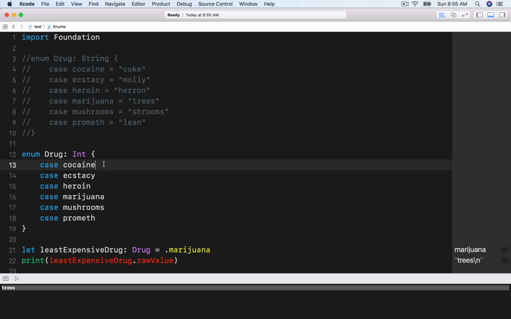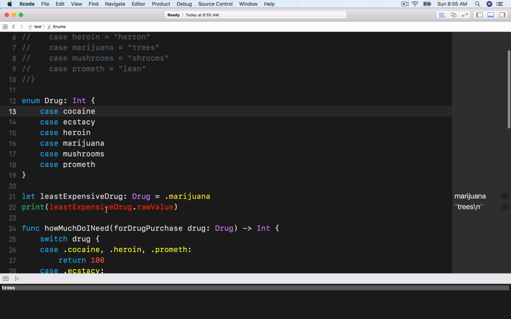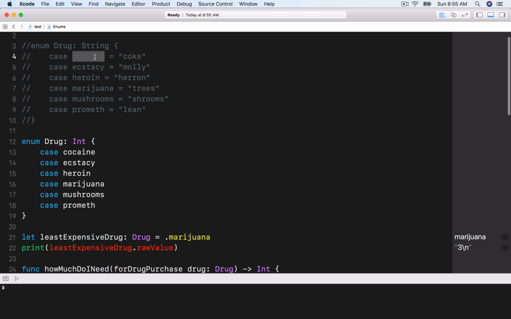Let's just make it an Int. And if we print out the least expensive drug's raw value, it's going to give us 3, because just like it gave us the string for free,